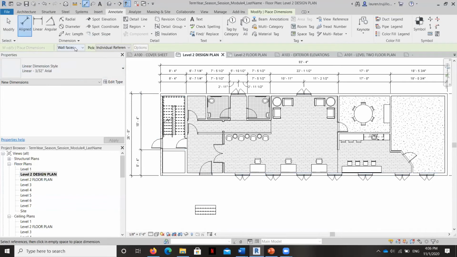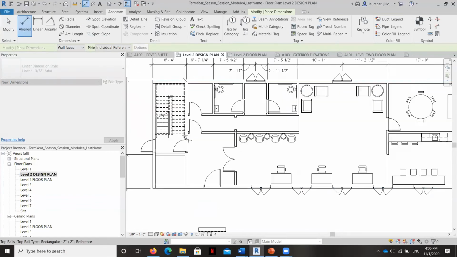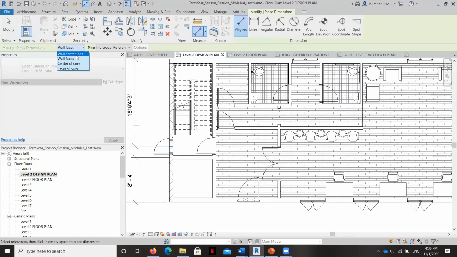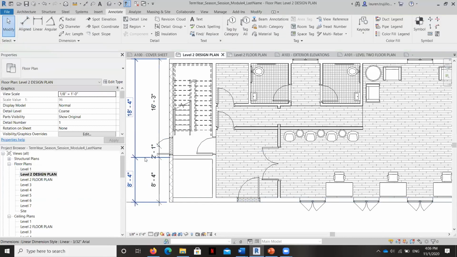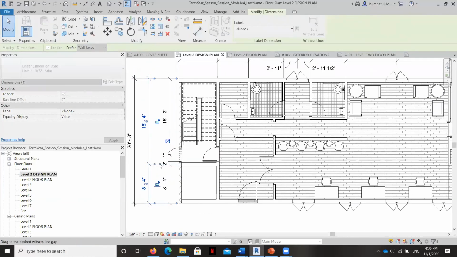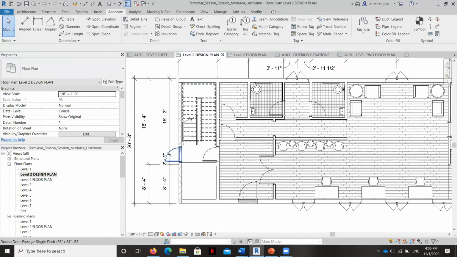And I'm going to do one more string. Notice I'm moving it up so that there's no overlap.